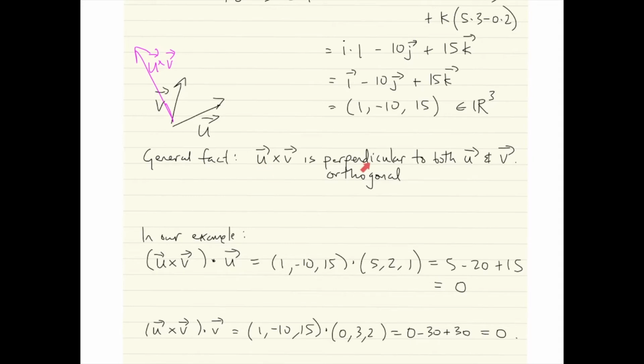Now, a very important fact that holds in general is that the cross product of two vectors is perpendicular, or another word for perpendicular is orthogonal, to both the two vectors u and v that you started with. So I tried to draw that in a picture here. If u and v are pointing in these two directions, then the cross product is orthogonal. Think of u and v as a plane, and then this u cross v, the cross product, is the normal vector to that plane. Here I've checked it out in our specific example that we did,